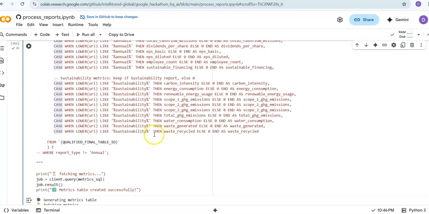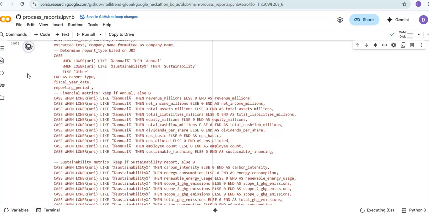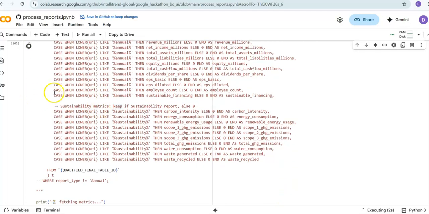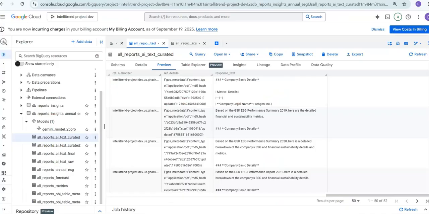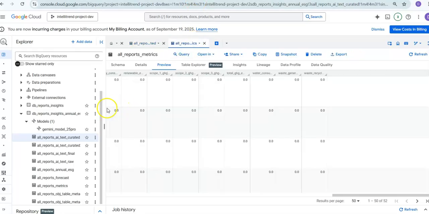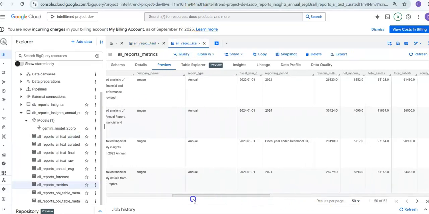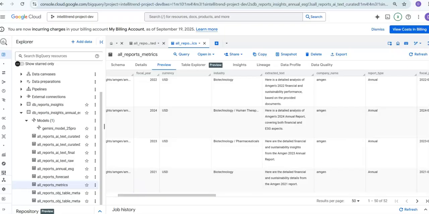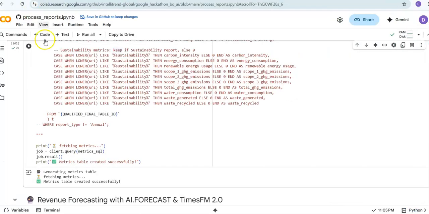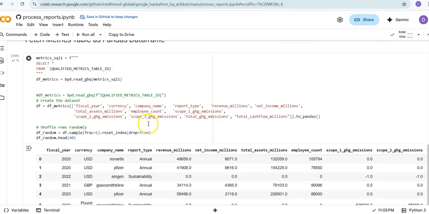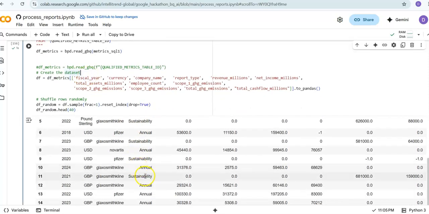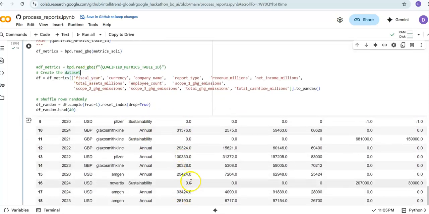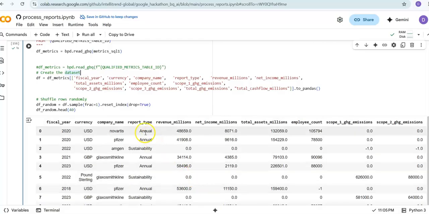Now, if you run this one, it will actually generate the metrics table that will look like this. Here you can see this is our metrics table. We can also show the same over here. Here, if you run this, this is how the metrics table looks, and then we have the annual reports,